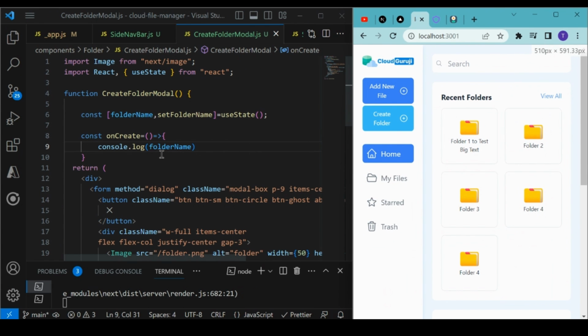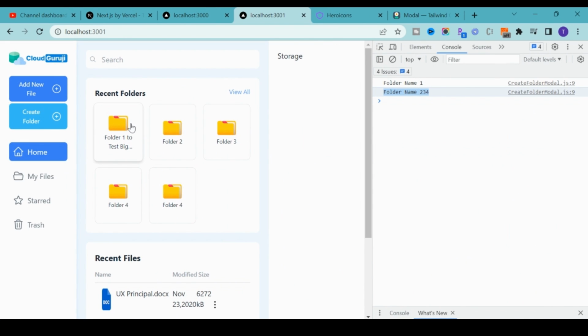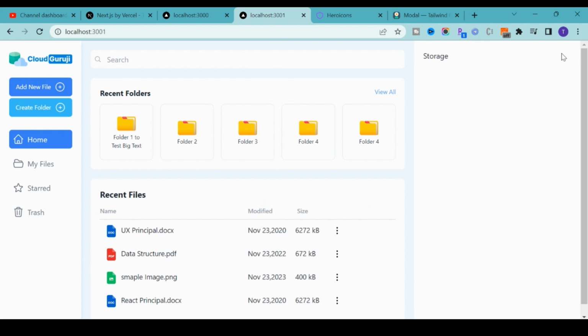Okay, so perfect. So now what we can do in the on create method, we can save the information in our database, and that will reflect it on the UI. So once we create one folder on the home page, it will reflect it here. If you go inside the folder, then obviously we will need to show all the files and folders inside that one. So we will implement that next, but before that we need to configure the Firebase